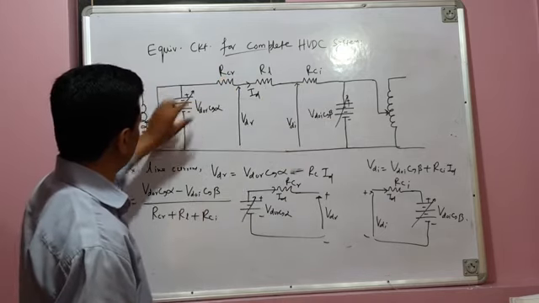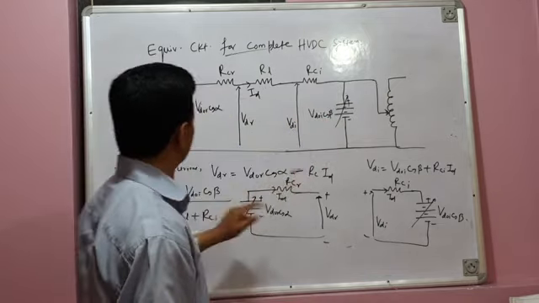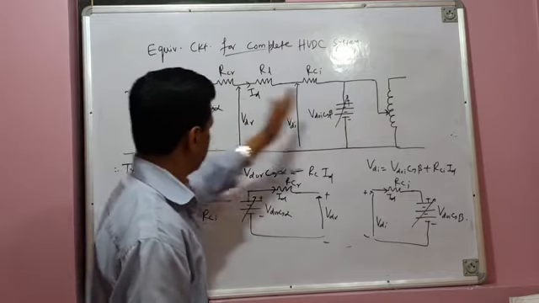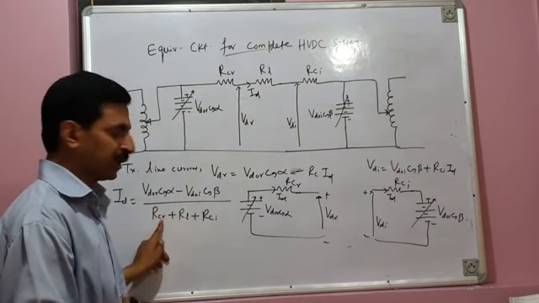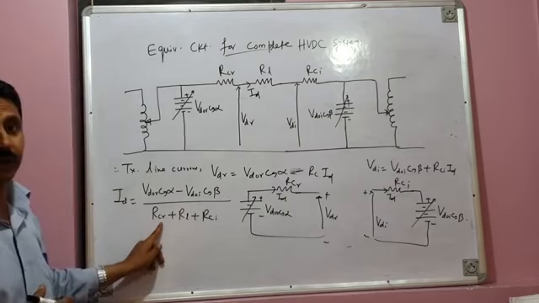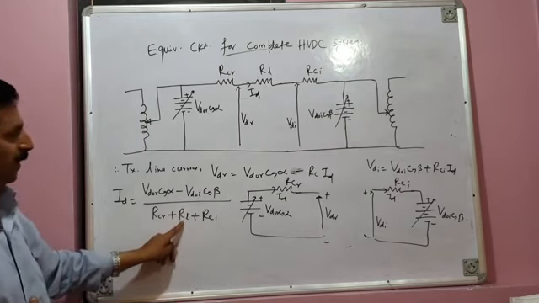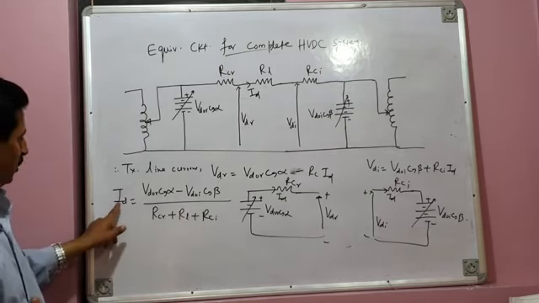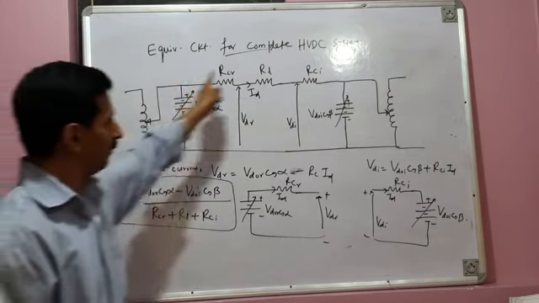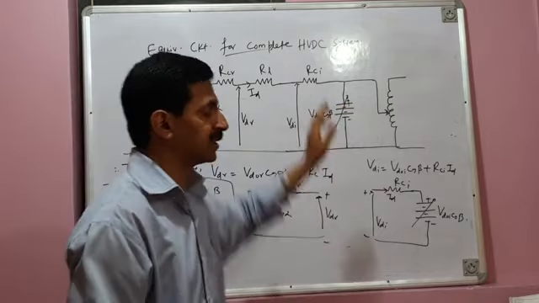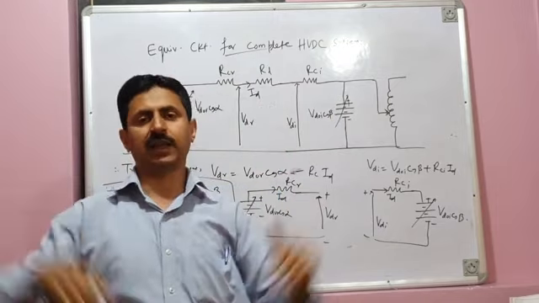What is this voltage? VDOR cos alpha. And what is the voltage on the other side? VDOI cos beta. So VDOR cos alpha minus VDOI cos beta, the difference of two voltages divided by total resistance. Total resistance is rectifier side equivalent commutation resistance, plus inverter side equivalent commutation resistance, plus RL, transmission line resistance. So transmission line current is given by this equation. We got this equation only when we had the electrical equivalent circuit of complete HVDC system comprising of converting station, inverting station, and the line.